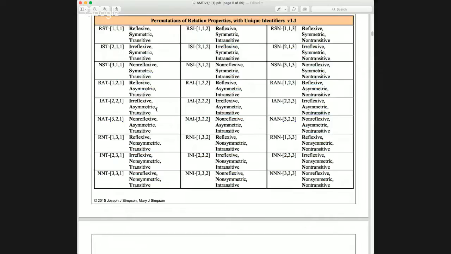Asymmetric: if city A is north of city B, then city B is not north of city A. And of course, transitive: if city A is north of city B, and city B is north of city C, then city A is north of city C. So these are very fundamental. This group right here, AIT 221,